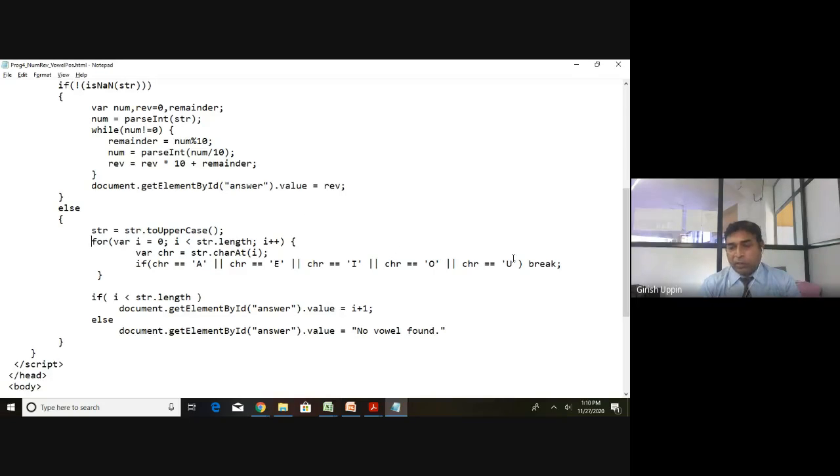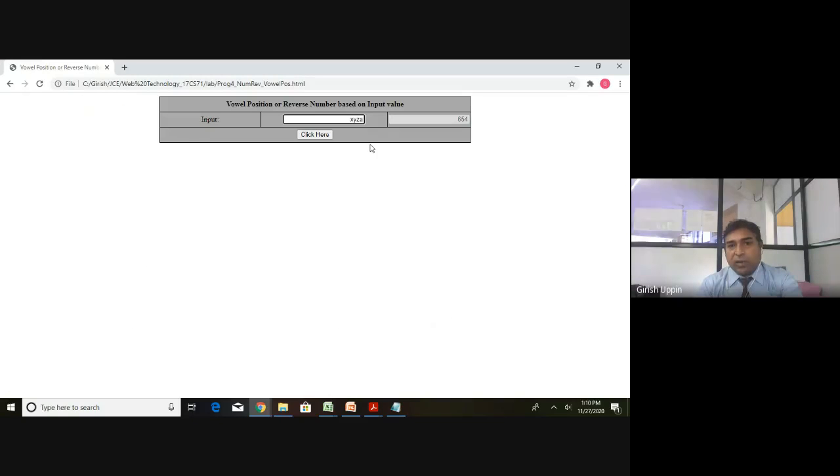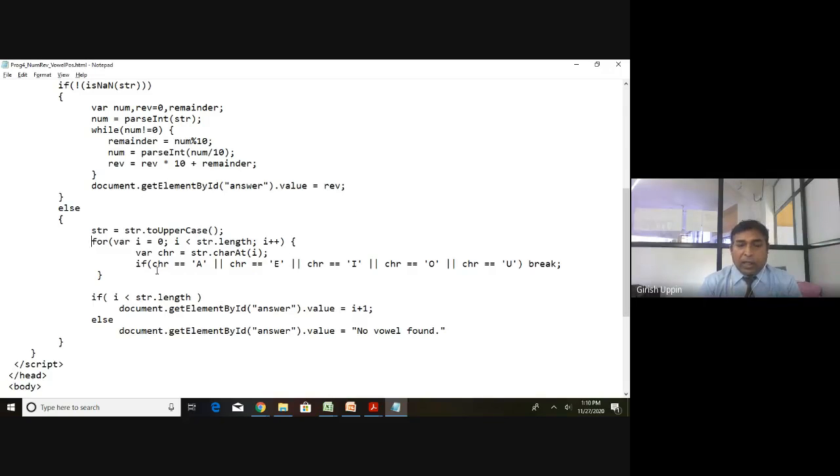It is not equal to any of these characters. Now i value will become 3. 3 is less than 4. True. So what is available there? Capital A is available. Char A is equal to A. This statement will become true. If it is true, it will break, and if it breaks, it will come here.